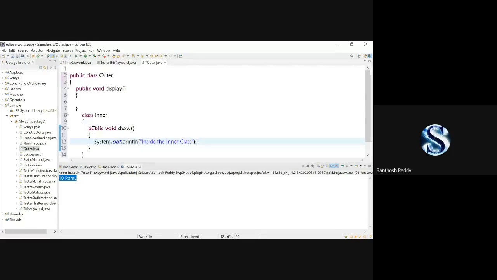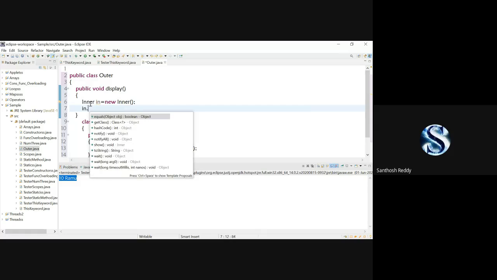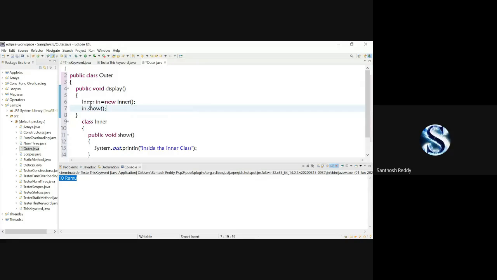Now in the display method, I'm going to create an object of the inner class. So Inner in is equal to new Inner, open and close parenthesis, then in dot show, the show method. That's it.